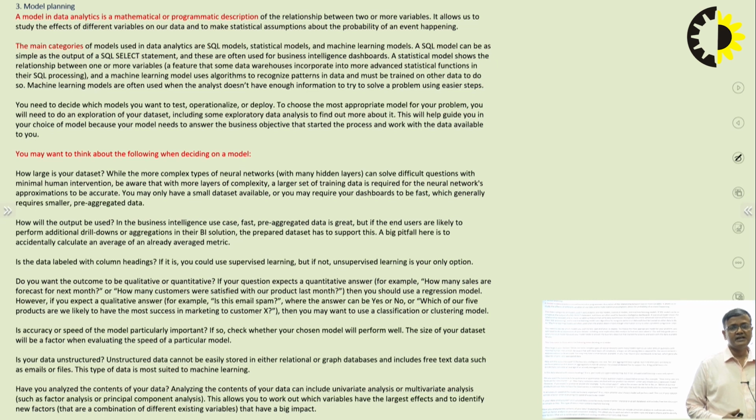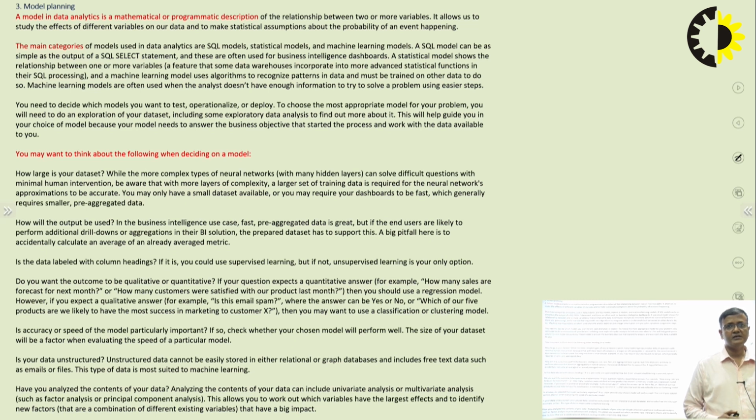In order to identify those variables, you have to do your analysis on the contents of your data, and once you do, you are able to identify the important variables, because there can be many variables. It is not that your data will provide you the important variables automatically.